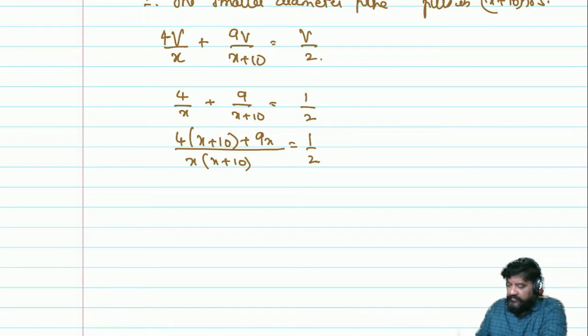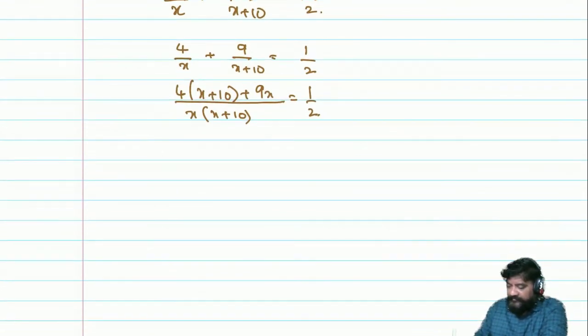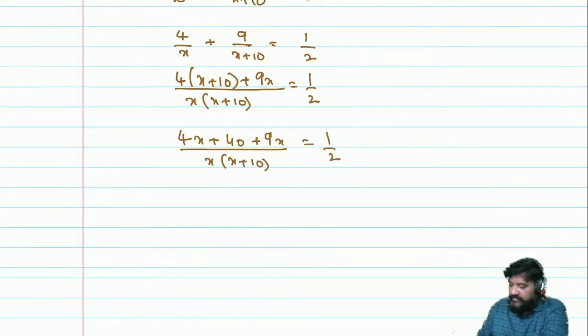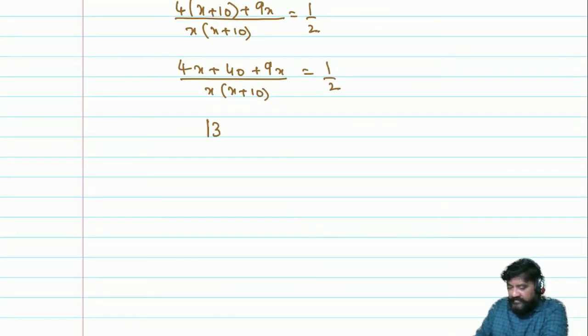What next? Well, let's open the bracket. That's going to give me 4x plus 40 plus 9x divided by x into x plus 10 is equal to 1 over 2. By simplifying it, I get 13x plus 40 divided by x squared plus 10x is equal to 1 over 2. When I cross multiply, this is going to become 2 into 13x plus 40 is equal to x squared plus 10x,